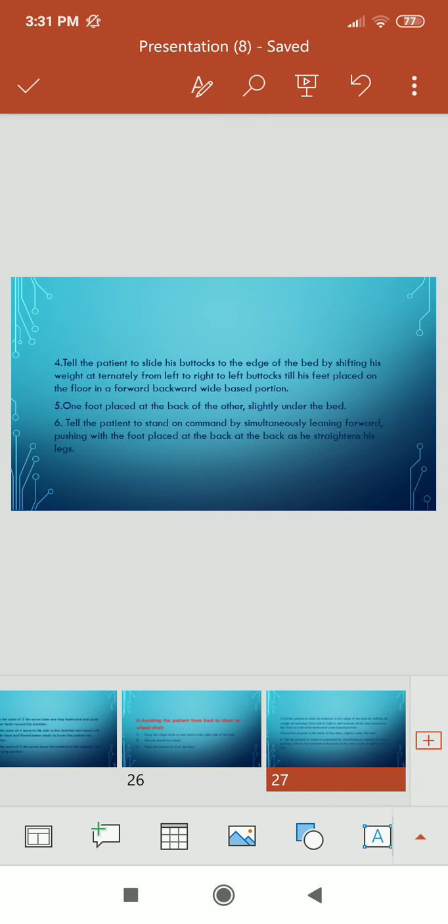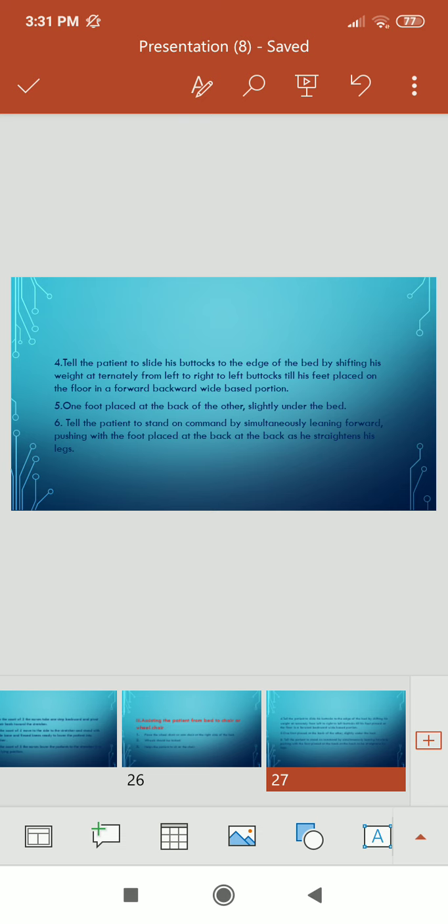Tell the patient to slide his buttocks to the edge of the bed by shifting his weight alternately from left to right buttocks till his feet are placed on the floor in a forward-backward wide based position. One foot is placed at the back of the other, slightly under the bed. Tell the patient to stand on command by simultaneously leaning forward, pushing with the foot placed at the back